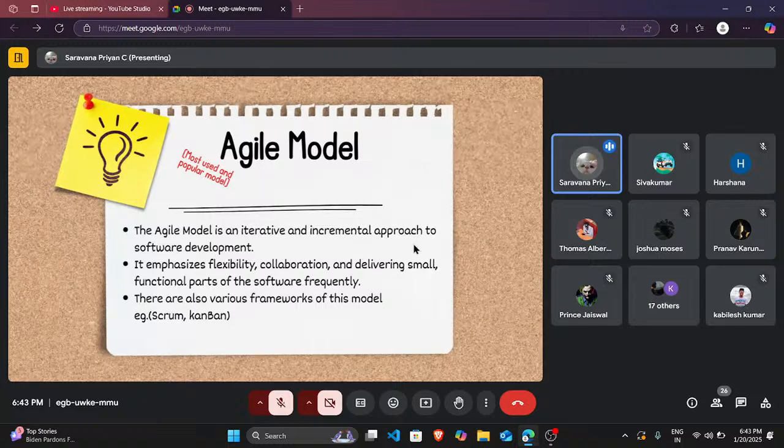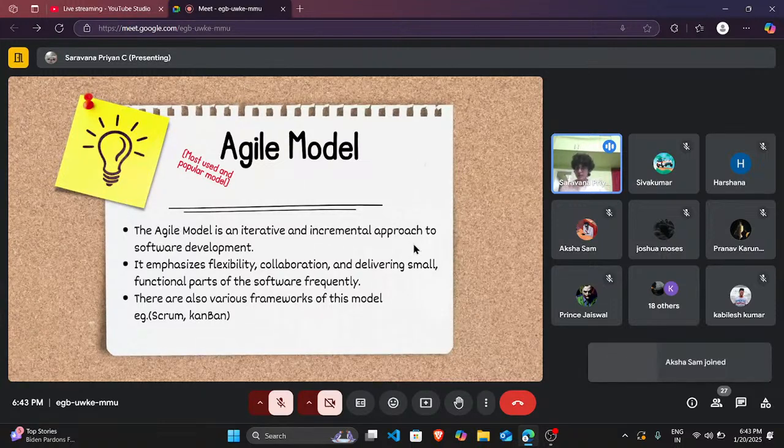Okay, the agile model is the most popular model because it's very dynamic. It's like programming. The agile model is like the main approach nowadays because it iterates and evolves itself. The phases are interconnected with everything. I'm going to show you the diagram in the next phase. So it's interconnected like a